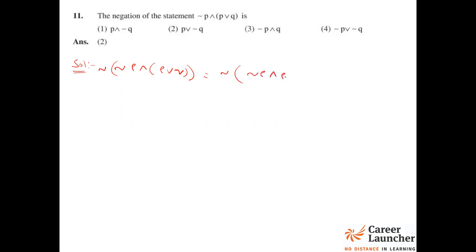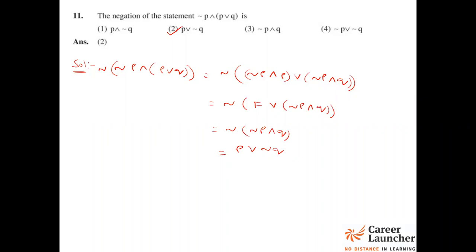Negation P and P, or negation P and Q. So this will be negation of, what is negation P and P? Negation P and P is always false, false or negation P and Q. So it will be negation of false or anything. It will be same as negation P and Q. So negation of negation will become P, and will become or negation Q. So it will become P or negation Q. So option 2 will be the answer.